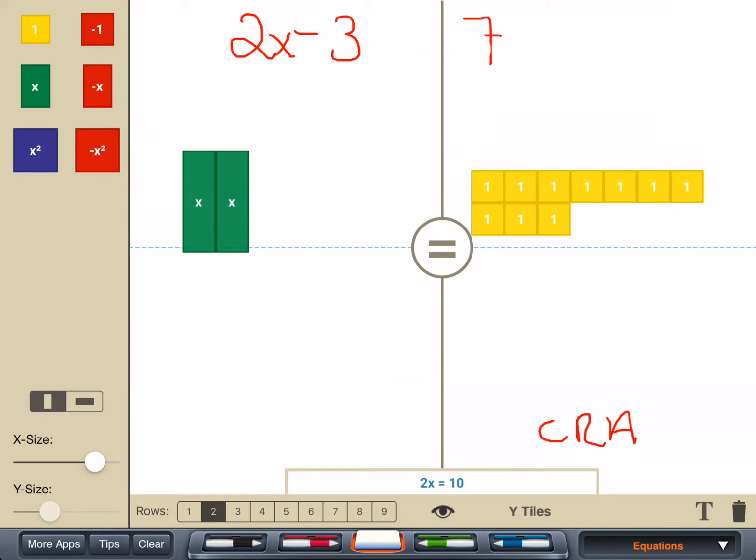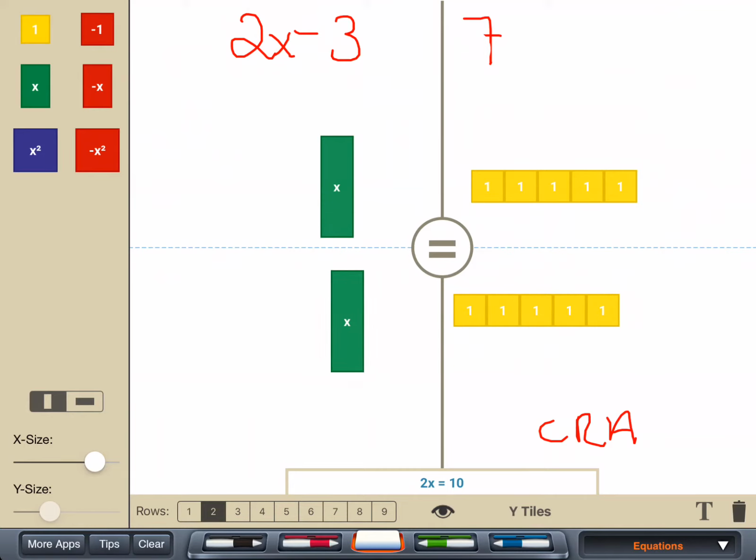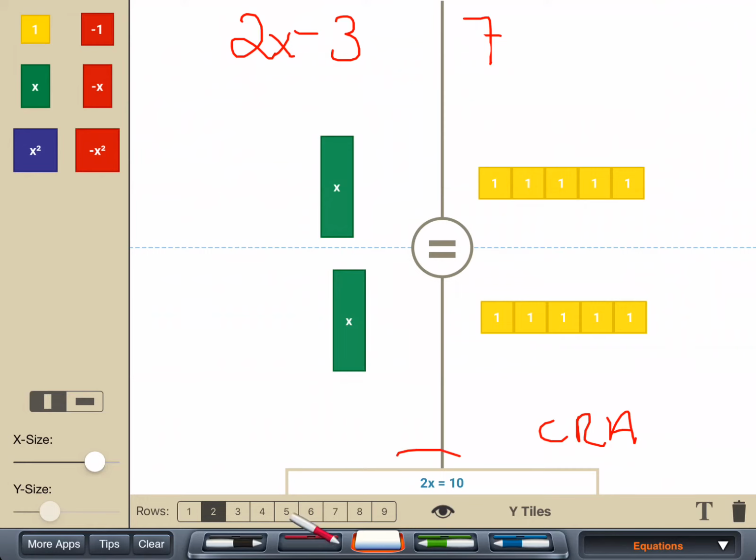So if I click 2, so I can put 1x in each of these groups, and then I just need to move equal numbers of 1s into each group. Now I can see that this x is equal to 5, and this x is equal to 5. So I'm able to solve my equation, see it visually in static pictures. I can experience it dynamically in moving tiles, and I have the benefit of the symbolic notation keeping up with these 2